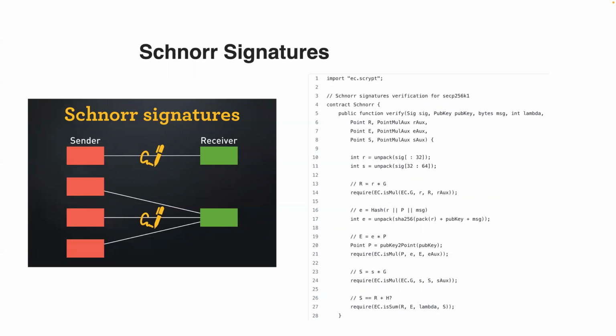One of the differences is, for example, let's say you have 3 inputs from 3 different senders in one Bitcoin transaction. Each of them has to sign, and then this signature takes some space in the inputs. That's how the ECDSA signature usually works. So if you have 3 senders,